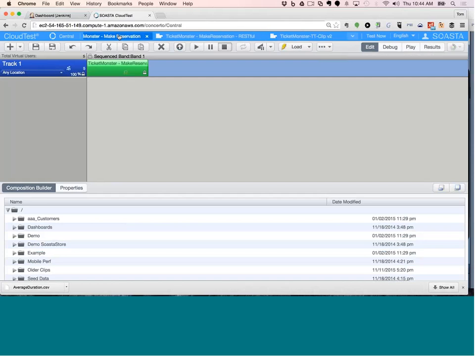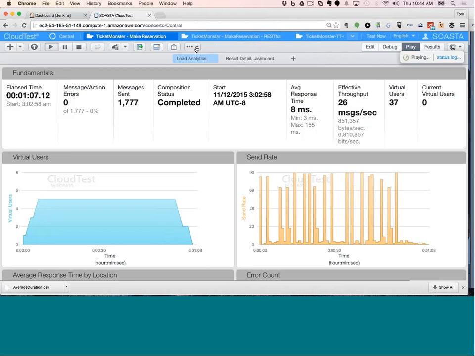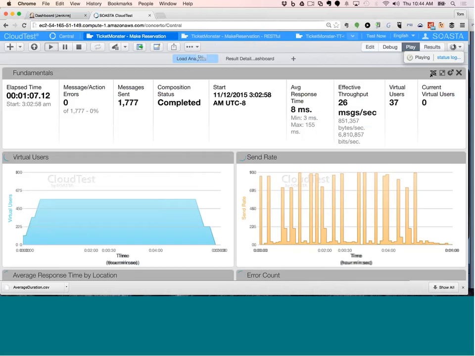So this is a test that we've already automated. When I hit play, the test will start, and this is just going to show how many users. I've set it up to run with a maximum of 5 virtual users at a time, and it's going to load up to that.